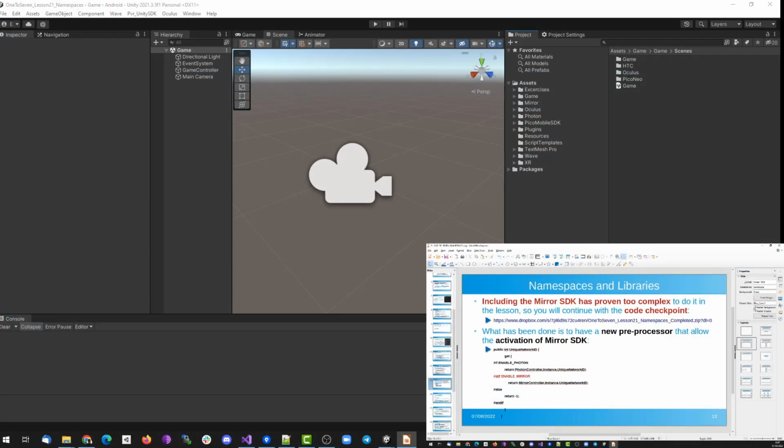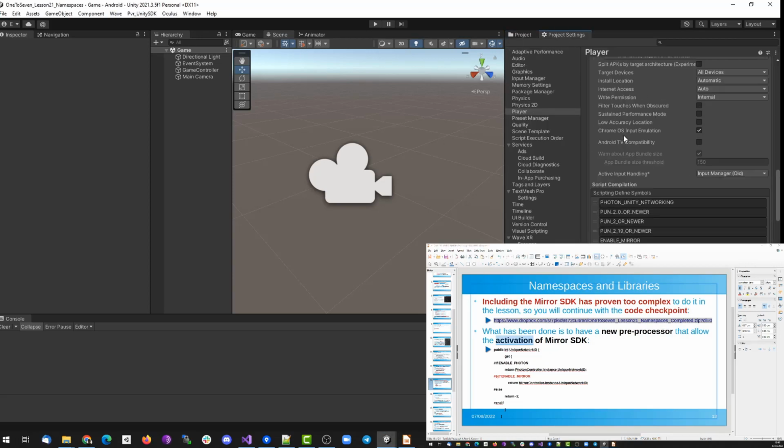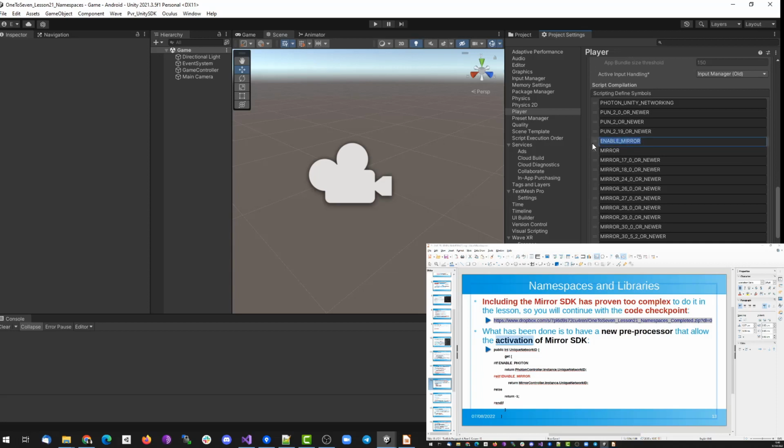So what has been done is to have a new preprocessor constant that allows the activation of the Mirror SDK. Okay, if we go to the preprocessor constants, we see that now we have defined this preprocessor constant, ENABLE_MIRROR, in order to choose the Mirror SDK for network communications. What happens in the code